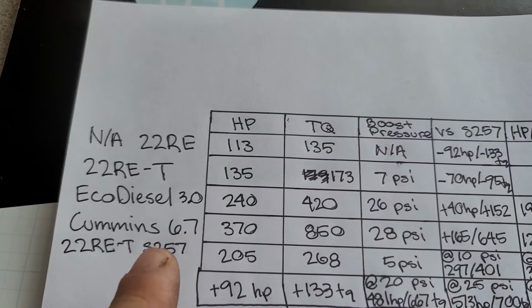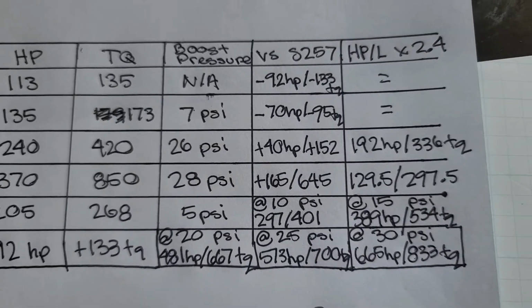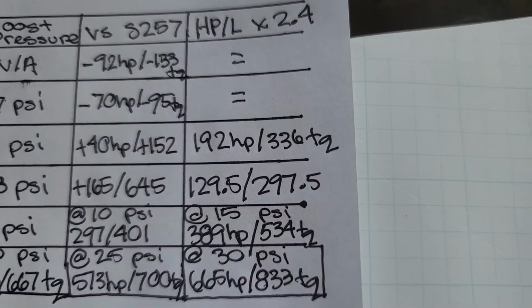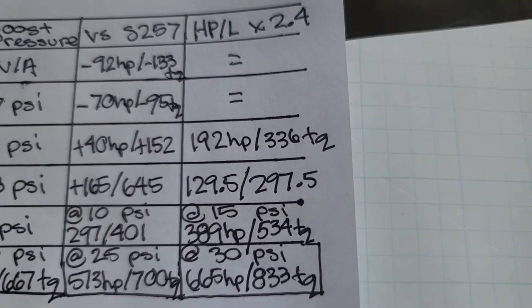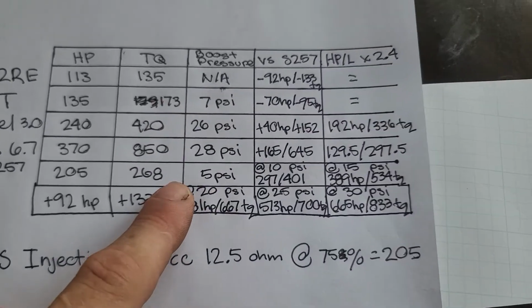And then versus a Cummins 6.7, same thing, factory power output 370 and 850 at 28 psi, a massive amount more power, but it's a 6.7 versus a 2.4. If you scale the displacement, that one is 129 and 297. So actually, that diesel V6 is really much better if you probably turned up the boost on that. But neither of them is really that good compared to the one that I put together, because if you step